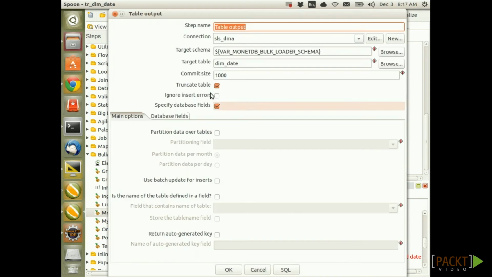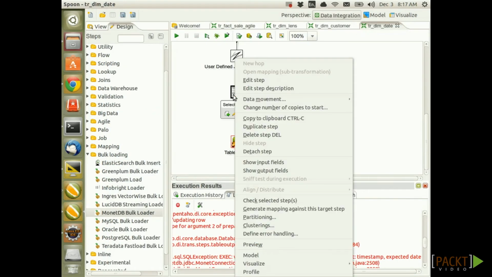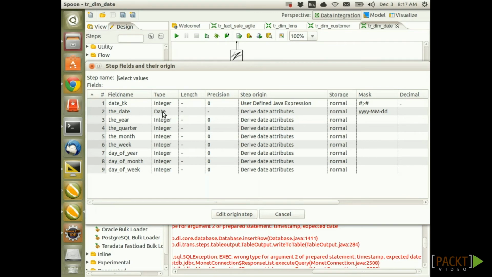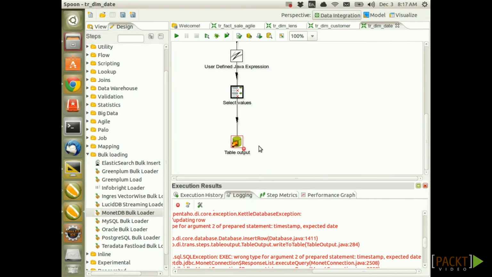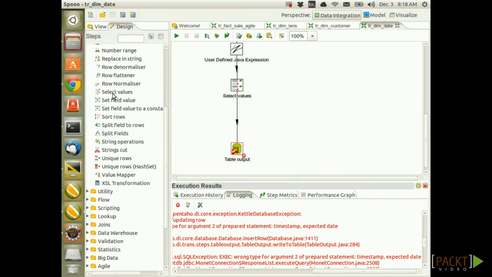So double click here again, and our second field is the date, which is in proper date format. Just double check this. Here, show output fields, and we have it on date. So we need a workaround. That's a bug which will hopefully be fixed in one of the next versions of PDI. And the workaround is to use the Select values step